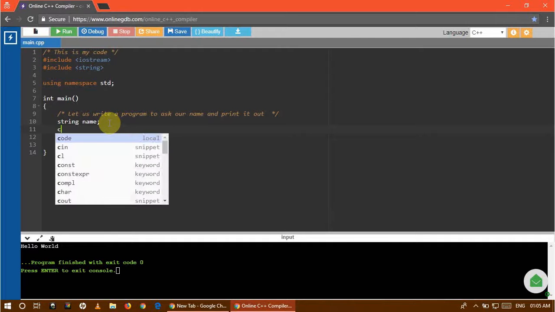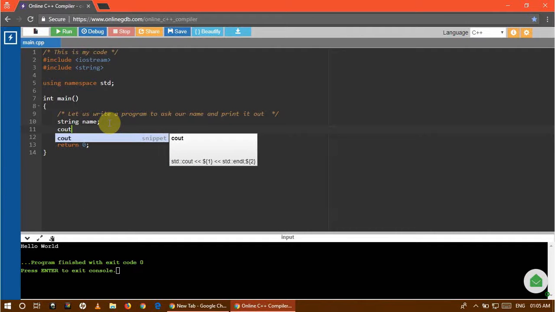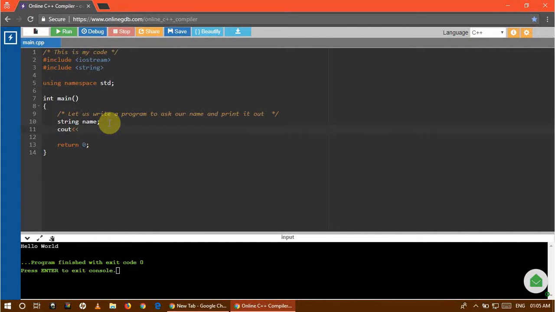So we will use the cout command. Note here we are giving two less than signs, and to write a text we need to put double inverted commas, and the content of the text should be in between the two double inverted commas. Like here the text is what is your name,